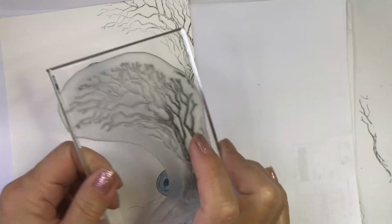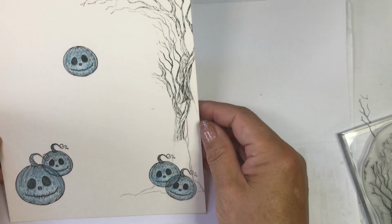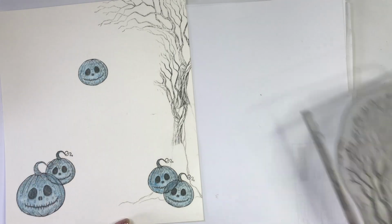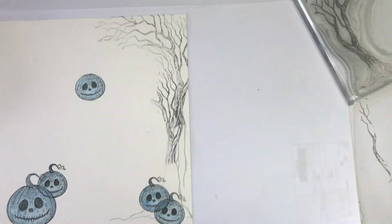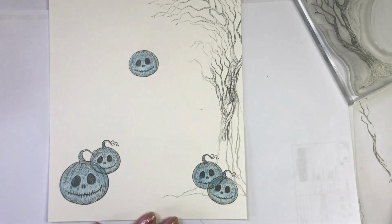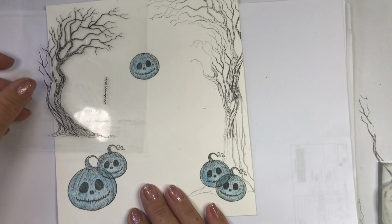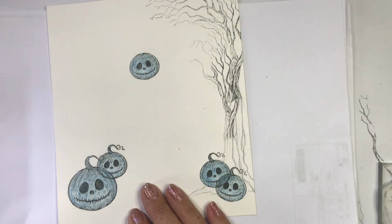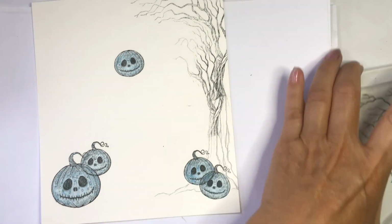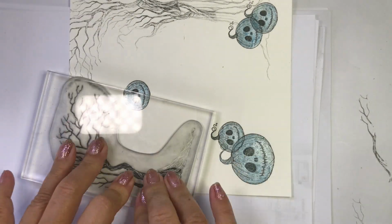Stamping up just pieces of the tree now, just so I can get some more tree trunk. Doing the same thing on the other side. I want to draw in some more branches that are kind of more scary, so it's more hanging over the pumpkins, but you'll see what I'm doing. Doing the same thing on the other side,